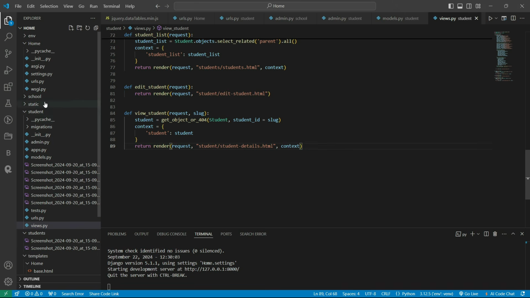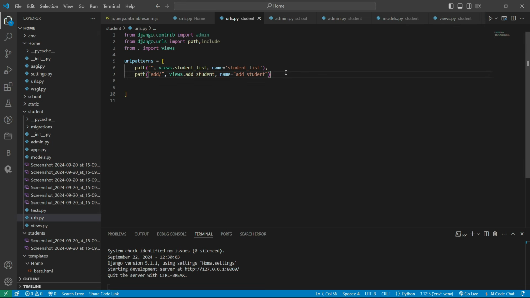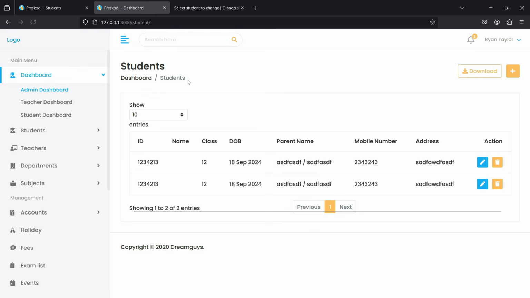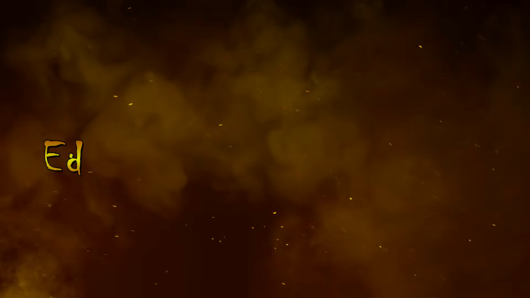Let's define the URLs now. So in the urls.py file here we will write student. Okay, so let's arrange it. Let's save the file and check that again. So I think it must work there. So finally it is working fine. Now we have seen that the data is rendered in our dashboard. So